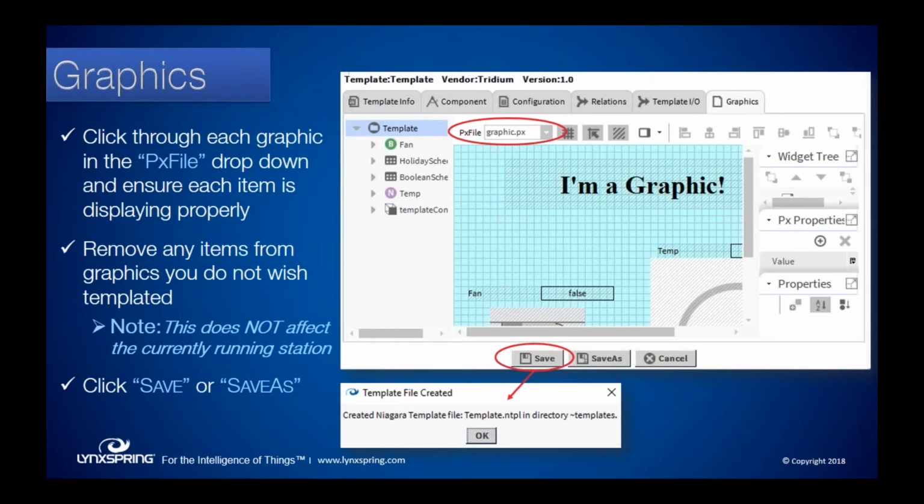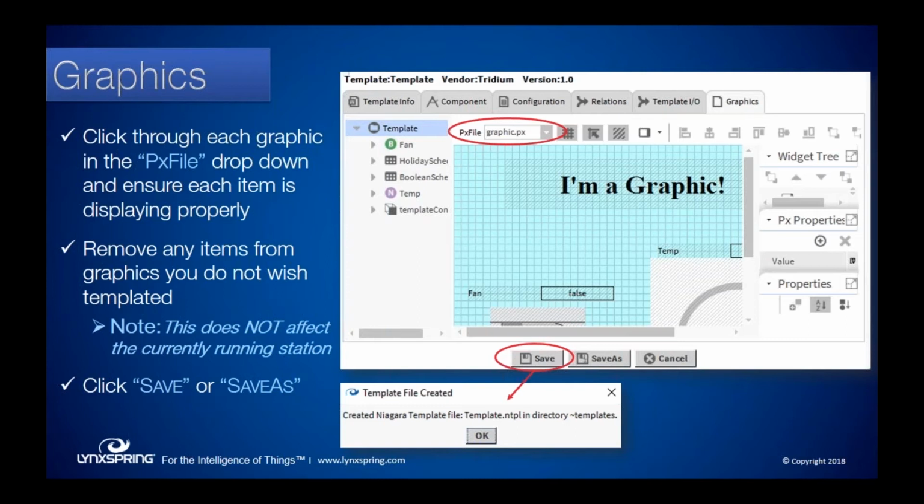If you have multiple graphics, so maybe you have a graphic for the managers and a different graphic for your tech person and a different graphic for the lighting person, it will bring all of those over. So it makes sure that it brings with it a copy of the graphic. There's no more, if you remember from AX, we had to copy the graphic separately from Logic. That doesn't happen anymore. Templating brings all of it over.